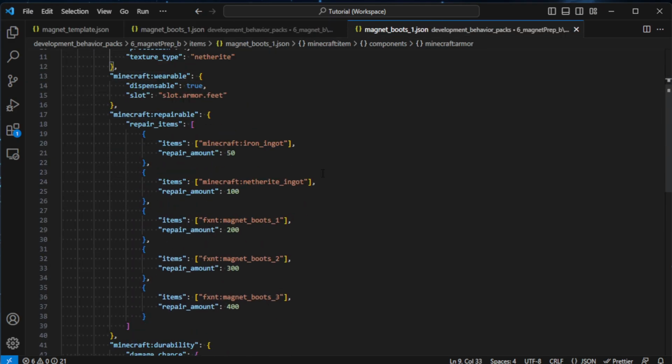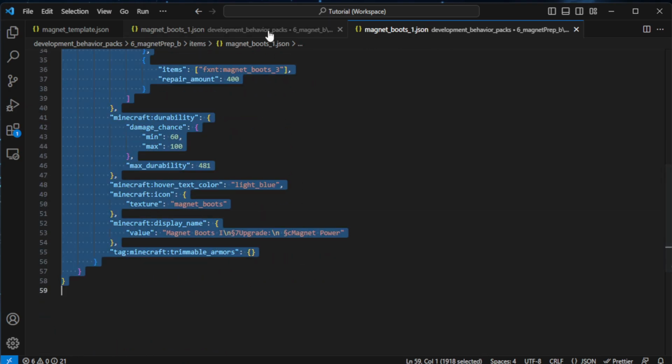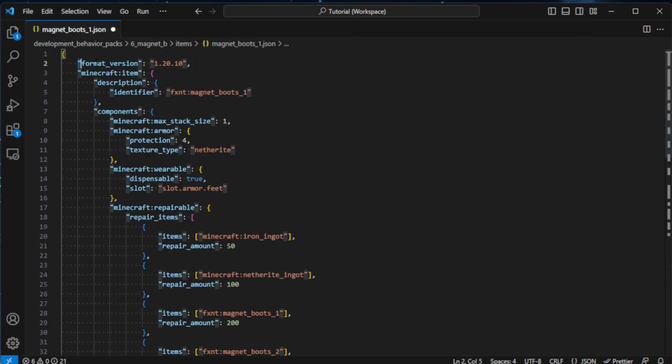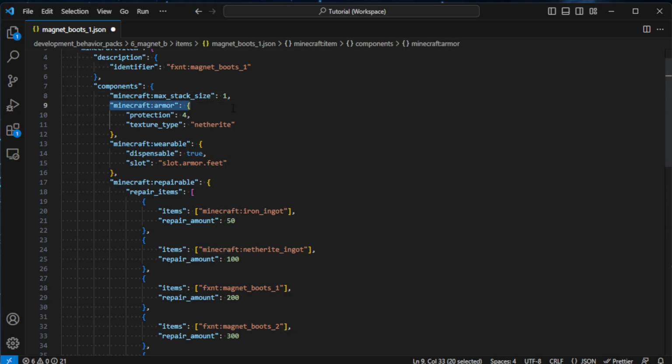And this one's a little bit more complicated, so I'm going to copy and paste it in and then go through what's in here. So the same thing, we've got a format version, we've got an identifier as magnetboots1, we've got a maximum stack size of 1 because it's armor. If you have more than that, then all sorts of weird duplication things go on, and then we actually call it armor, Minecraft armor. I've given it protection level of 4, which I think is equivalent to diamond, and a texture type of netherite, which is just how it will render on the body. I've made it wearable using the Minecraft wearable component. I made it dispensable, which means you can dispense it from a dispenser onto a person or an armor stand. And I've told it that it goes in the armor feet slot so that it's going in the right place